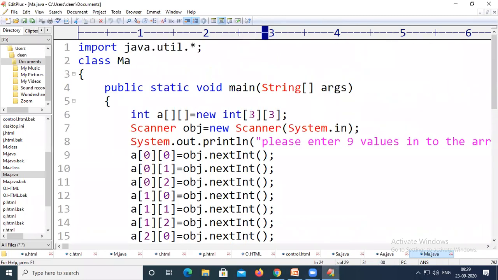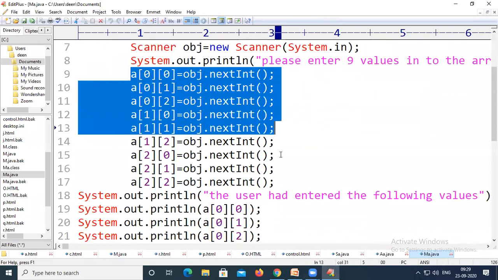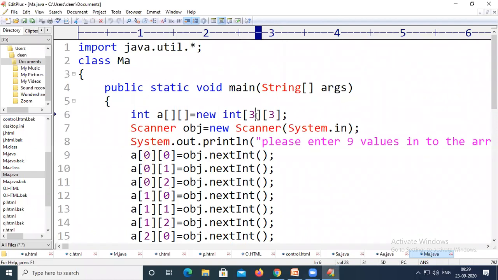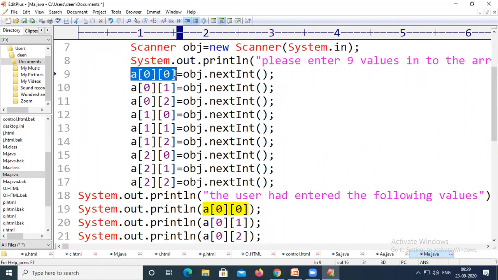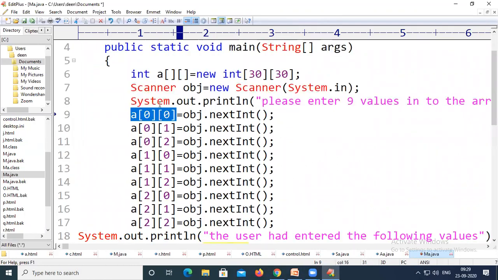Now here we are having only 9 elements, that is 3 rows and 3 columns. At that particular point of time, there is no difficulty to represent all these things, right? Let us assume we have an array size of 30 by 30. Now what will happen? We need to write these indices from 0 to 29, 1 to 29, 2 to 29, 3 to 29, right? So that means we are going to accommodate up to 900 elements.